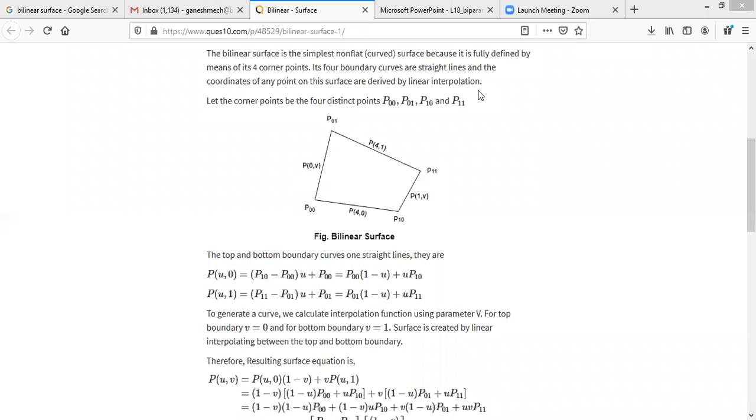Today we'll see about the bilinear surface. So before we go into any type of surface representations, let's see the introduction, or some of the basics, for a surface. So a bilinear surface that we take is nothing but, so the moment we consider a surface, it is